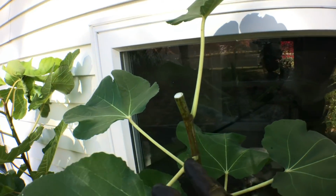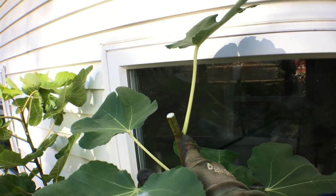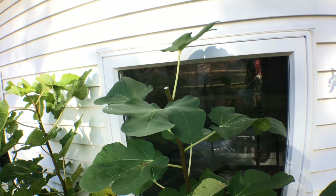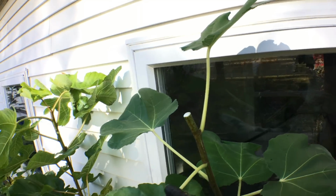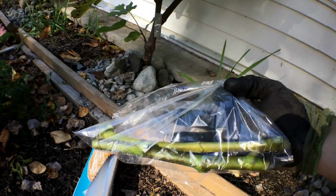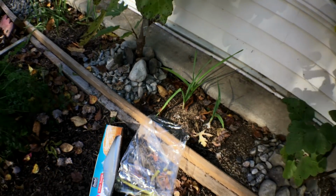But the rest of this on the Italian 258 tree is pretty much lignified or going to get there and won't get damaged by this upcoming frost. So this stuff here will be all right. I can sell this and feel good about it. Whereas this stuff down here, again, we wanted to take this off, root it now, protect it from the frost. And that's about it. So hopefully you guys are enjoying this